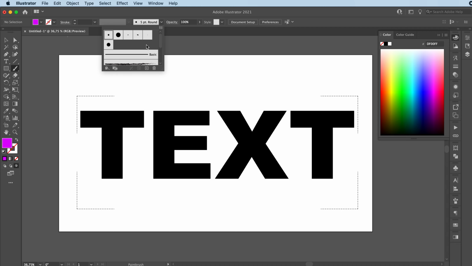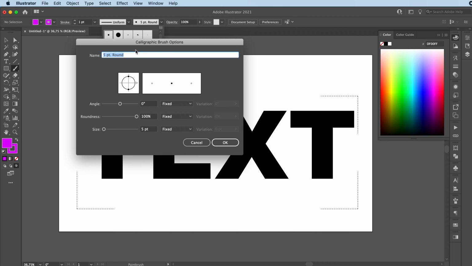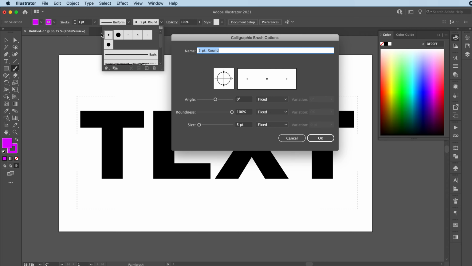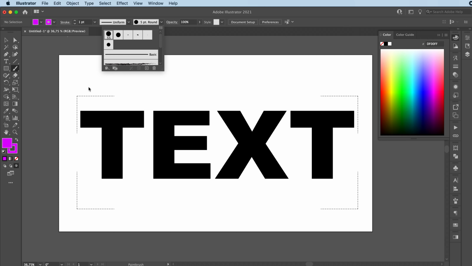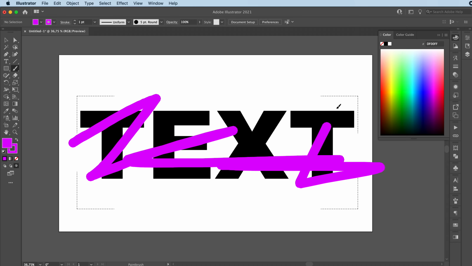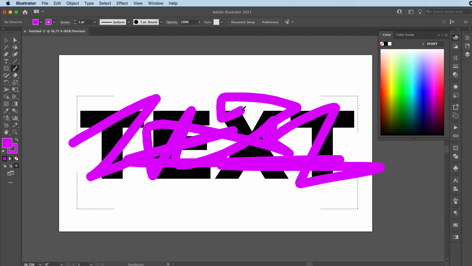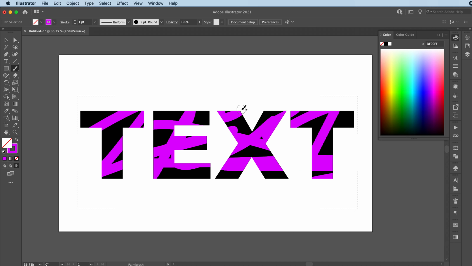Let's grab our brush. You can select whichever brush you want. You can double click on the brush and you can change its settings. Let's go with this. You can basically now just draw random stuff and it will automatically place it inside of your text almost as if it was like a